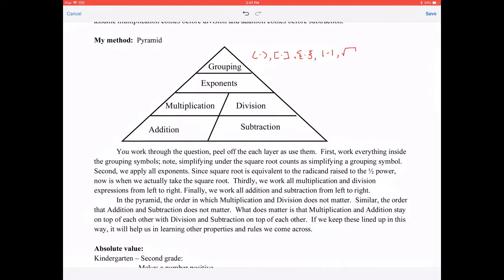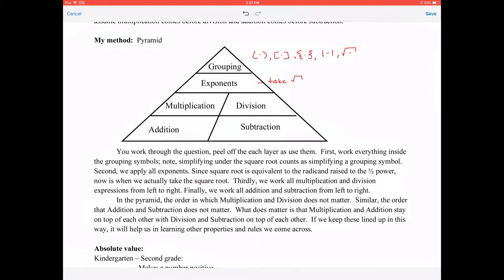Working everything underneath a square root symbol is considered a grouping thing, but actually taking the square root is an exponent, because the square root is the 1/2 power. So here you take the square root, but here you simplify what's under the square root. So there's the grouping symbols, and then you do your exponents, and as you work these things, you peel off